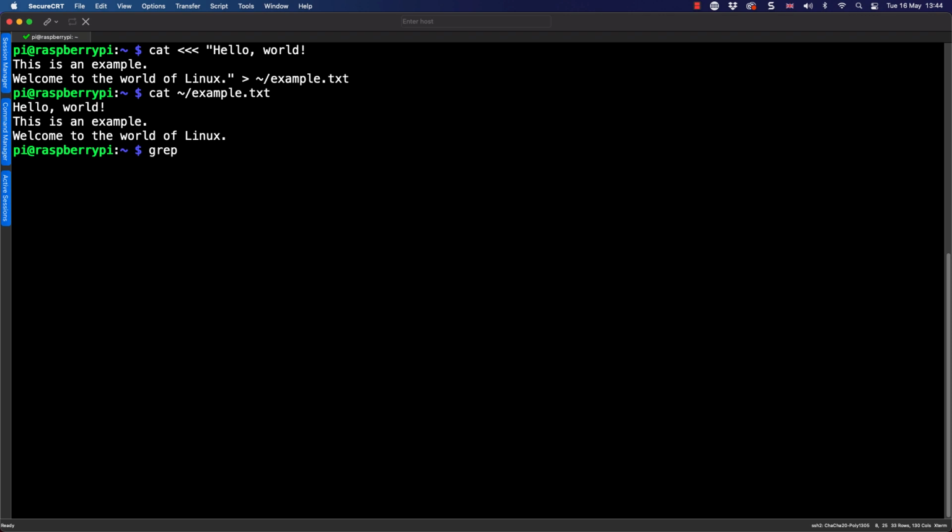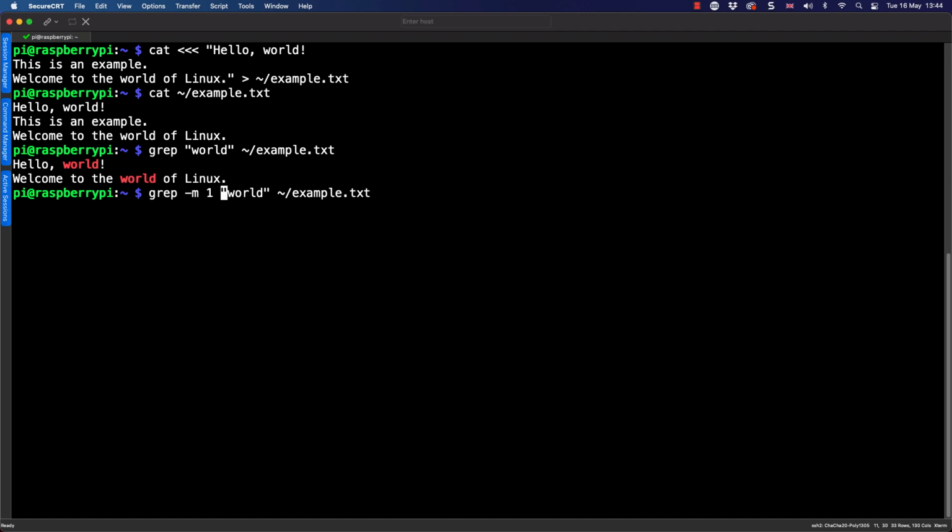But if we now go through and search our file, so using grep, our global regular expression and print, we can look for the word world, and we can see that by default, the global action is showing here. We don't stop on the first match. If we wanted to stop on a specified match, we can use -m. If we want to stop on our first match, we can just use number 1. This way, as soon as we hit a match, we don't have to worry about searching the rest of the file. We'll say, yes, this has the information that we want, and it saves a little bit of processing time if we stop at that first match.